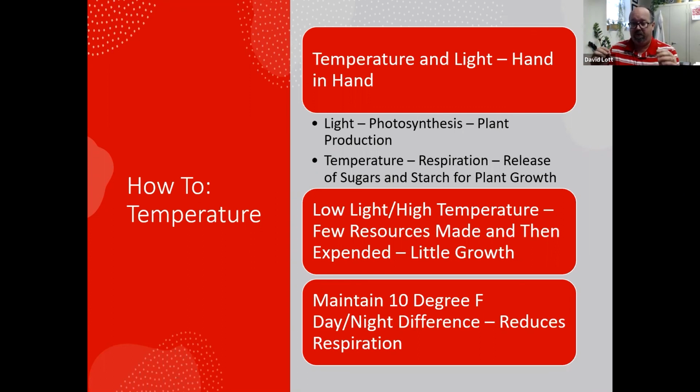So the bottom is our worst case scenario, a low light place where we're not going through photosynthesis very efficiently, and we have a high temperature, so we're burning up what little we're making. And so that can really retard growth in the plant and can lead to death. The next thing is just a simple recommendation. If you have it set at 68 daytime, it's really good to have that 10-degree difference, or what we call diff, for the evening time. So if we can go down to 58, from 68 to 58, that would be awesome.